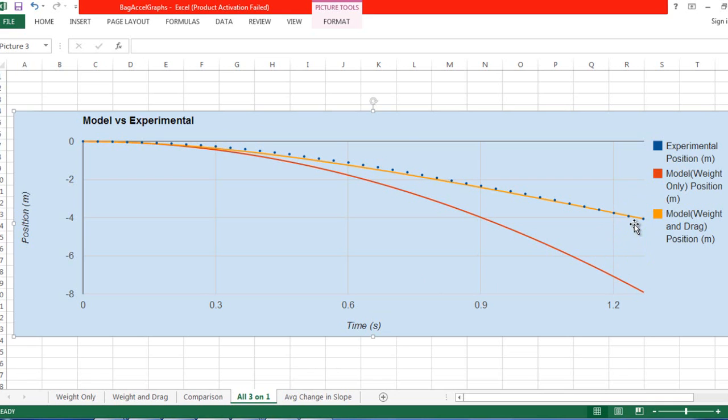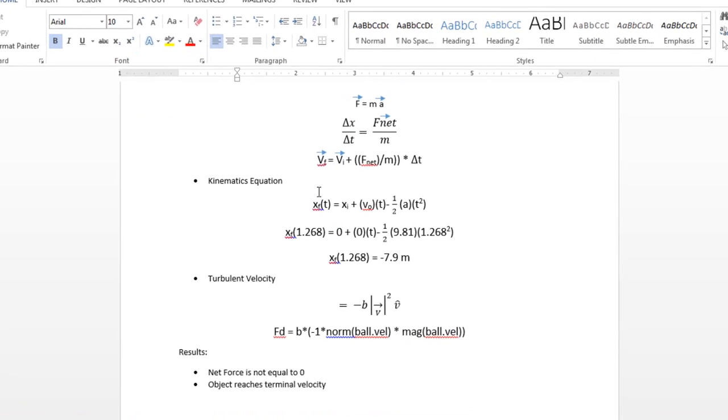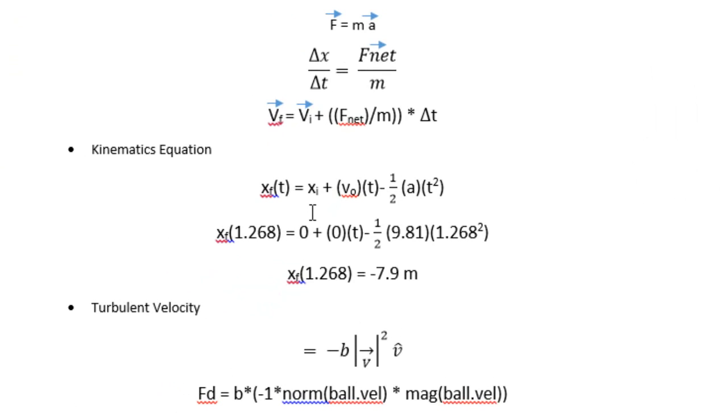Before I show the model with the drag force, I want to mention another thing. I used the kinematics equation, which can be seen here, to check the final position of the object with the weight force after it falls, to make sure that the model does an accurate job predicting the object's motion. This is the fundamental kinematic equation, and the model does indeed get a value of negative 7.9, as can be